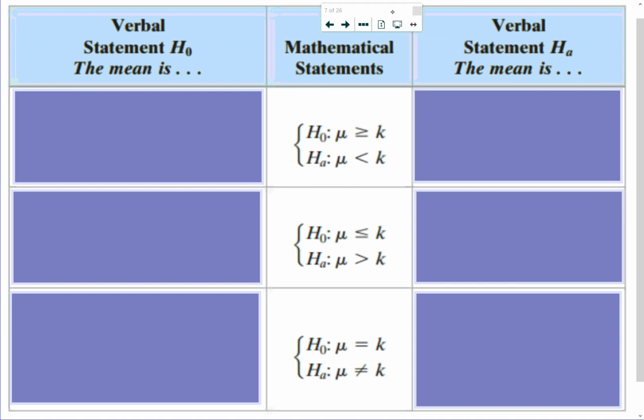Now remember, either the null or the alternative could be the claim that's being made. So you might see what's going to appear on the left here as the claim, and that would be the null hypothesis. Or you might see what's going to appear on the right here in a minute as the claim, and that would be the alternative hypothesis. You're going to see a lot of opposites in these columns. All right, so